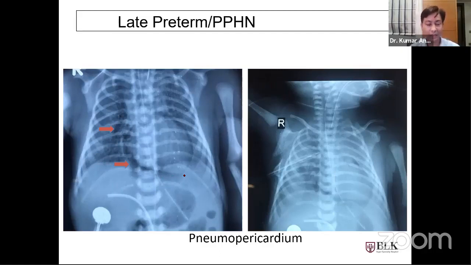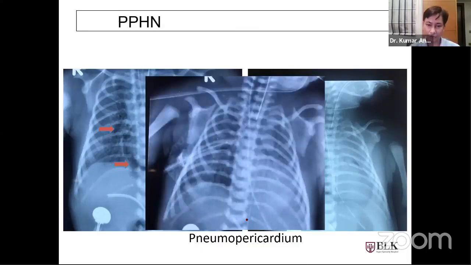And if you don't have a pediatric cardiologist and are not trained in putting a drain in the pericardium, what you can do, because the air is already outside the alveoli, is that sometimes putting a drain in the thorax would solve the purpose. Like in this case, this patient was in a bad, hemodynamically unstable condition. We put the drain on the right hemothorax. We found that the patient ultimately improved over a few hours, and gradually you can see the air is getting drained from the pericardium area. Over the next 48 hours, the pneumopericardium resolved with putting a drain on the right side of the thorax.